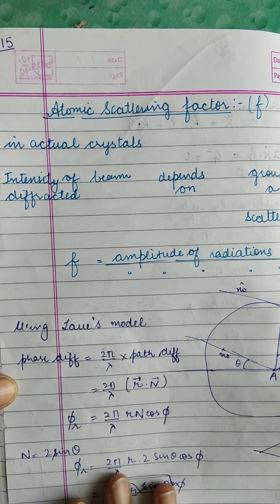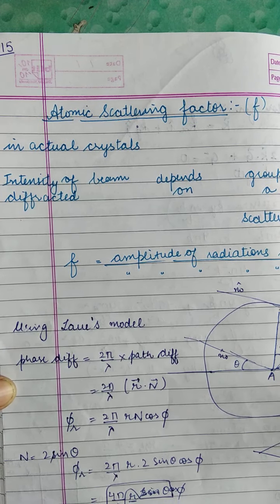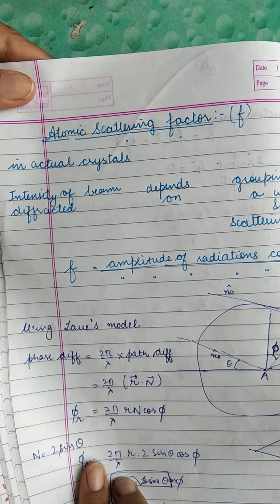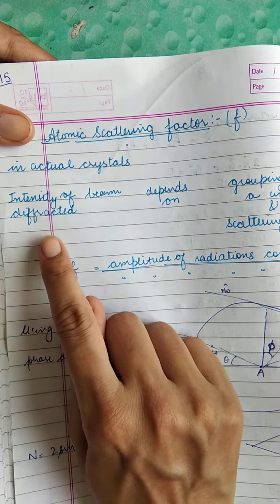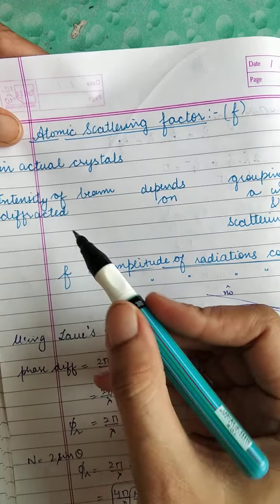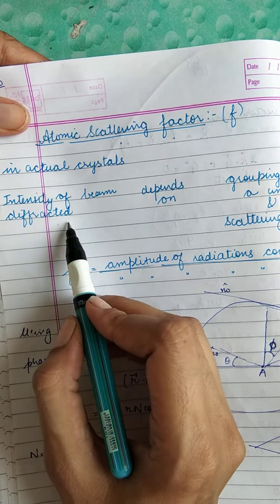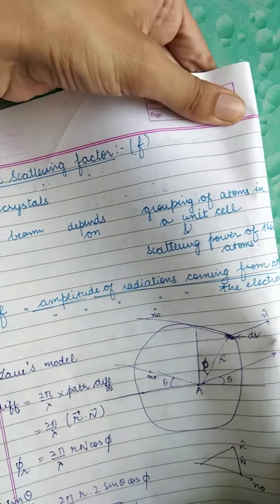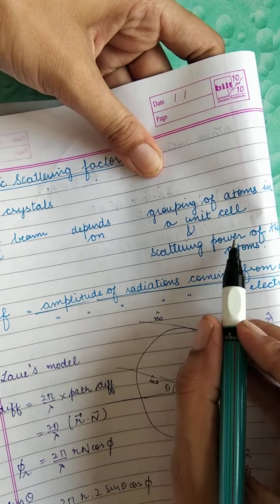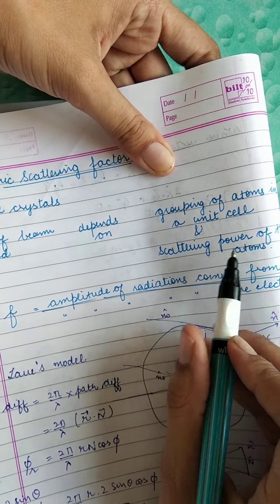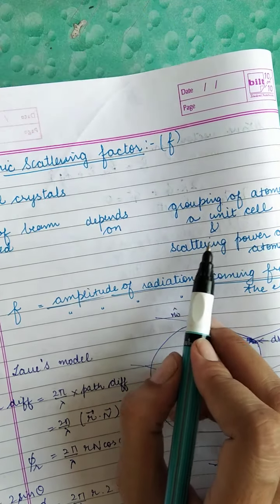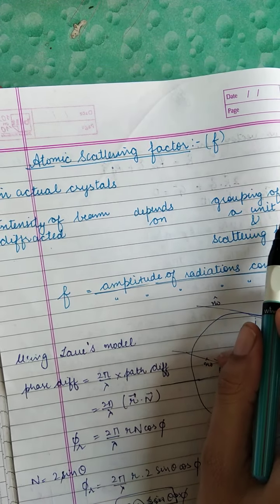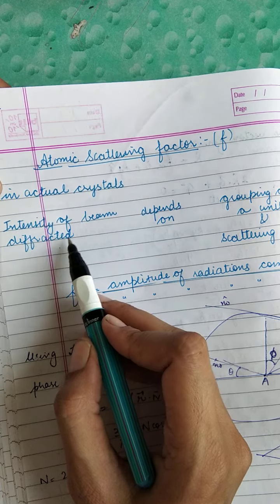Okay, students, next topic is atomic scattering factor. To calculate atomic scattering factor, we need to know that the intensity of the beam which is being diffracted depends on the grouping of atoms in a unit cell and the scattering power of each atom. So the grouping and the scattering power of each atom is very important for the diffraction, and this is how